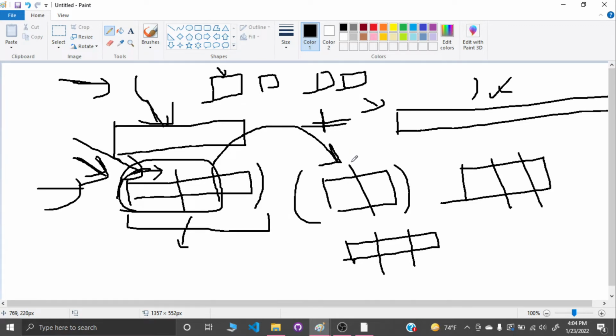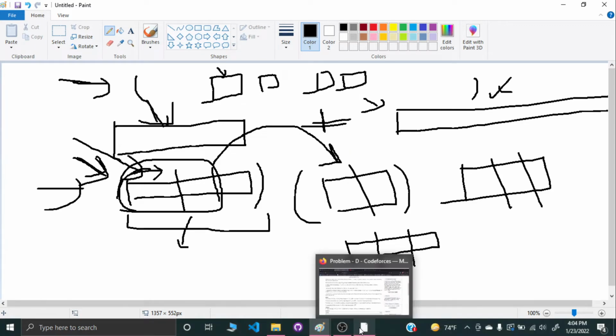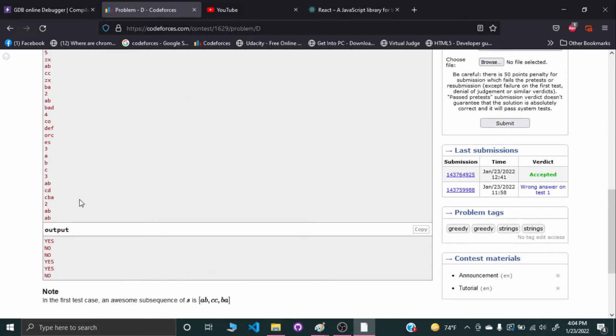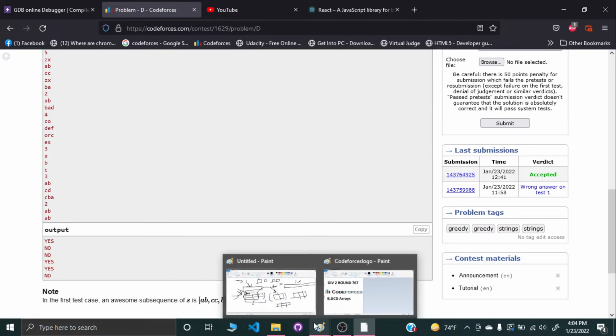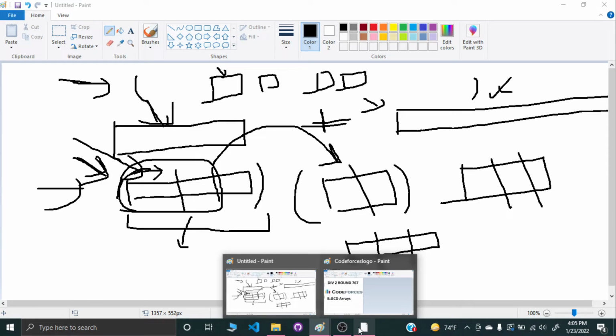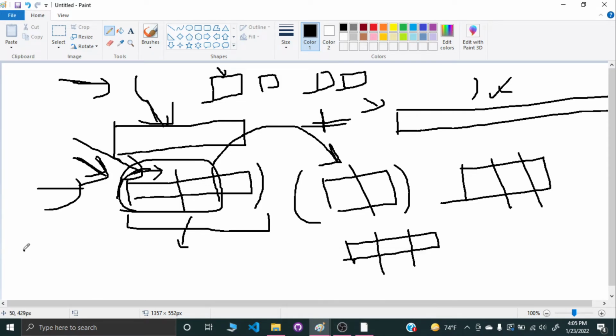If you're not understanding, let me take an example. Let's take the previous example again. Okay, A, B, C, D, and C, B. Let's say this. Okay, wait a sec. What was that? C, B, A, B, and B, C. Let's say.